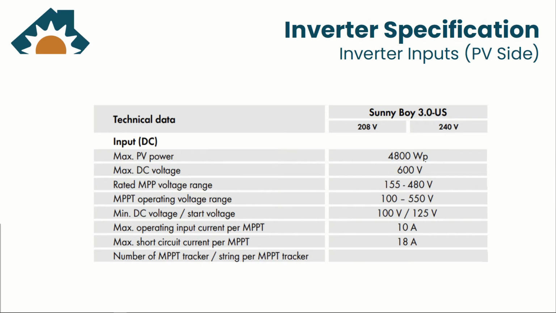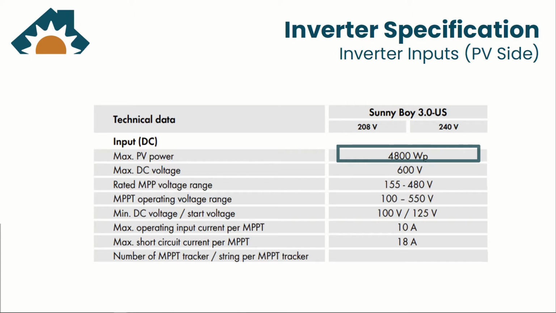Once you have chosen an inverter, which we did in a previous video, you'll need to identify the important specifications that will affect the decision on which PV panel and how many panels you will need. In this example, we have the SMA's Sunny Boy 3.0 US model. This is a grid tie inverter. We're going to focus on the input or the DC specifications, as that will influence the PV side of our